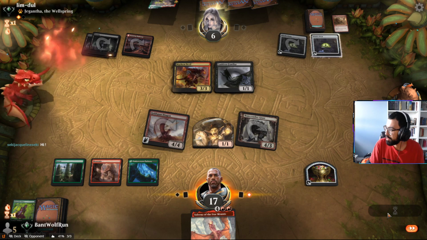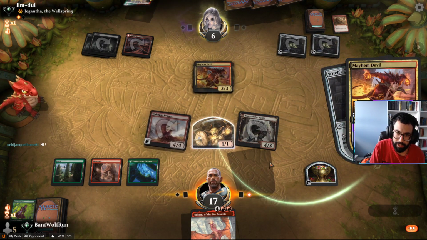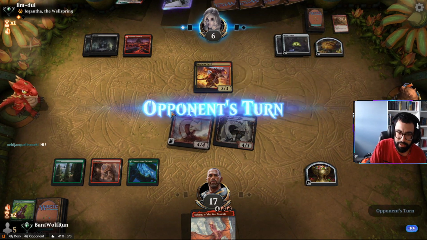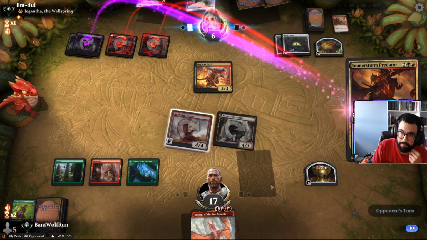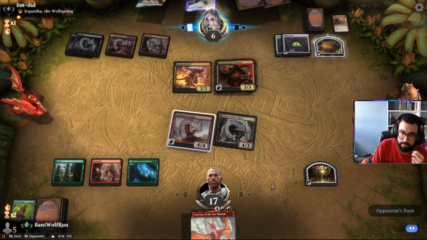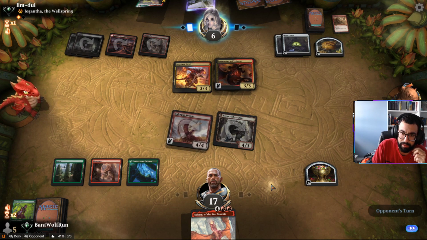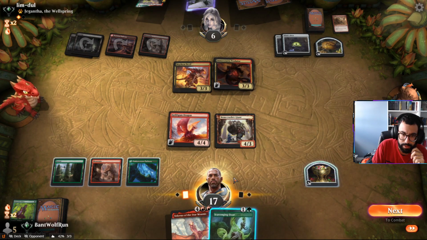Sec Jacks, how's it going? We are getting farmed right now by good old Cat Oven. Kind of surprised they didn't go after Goldspan. Land off the top. One time land. Ooh, Scavenging is...